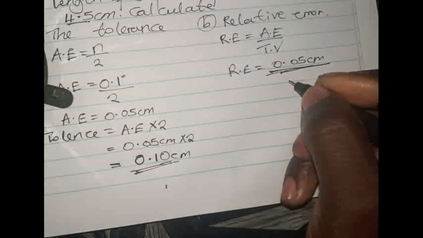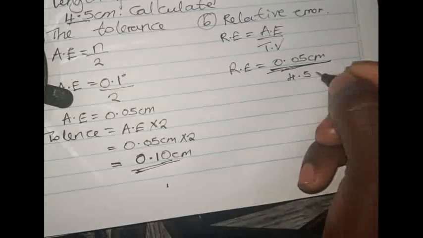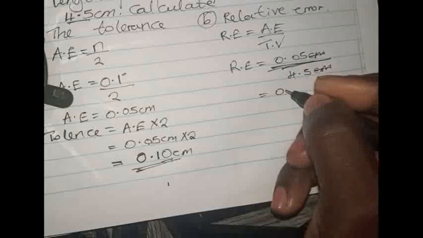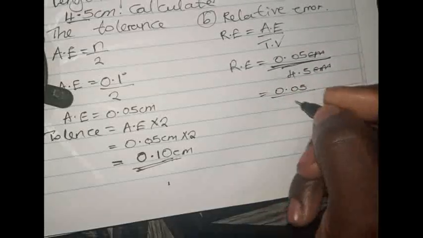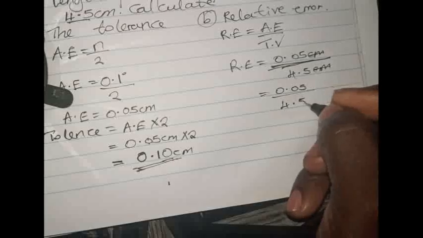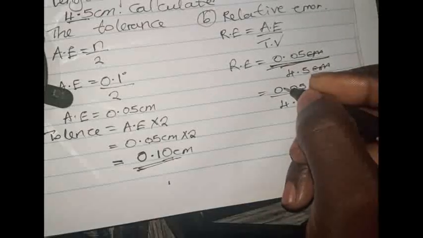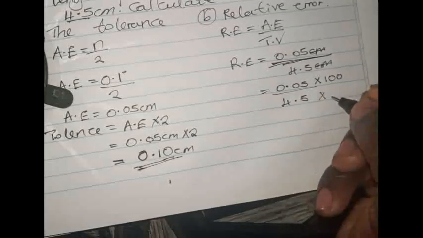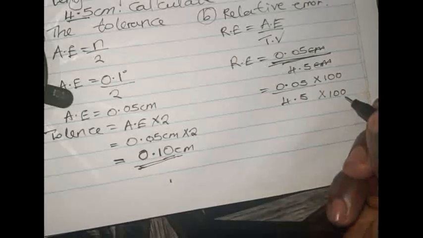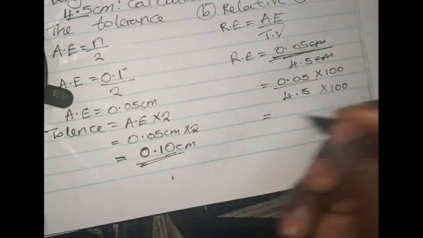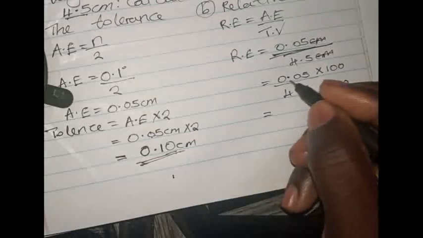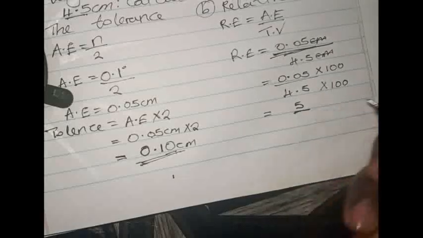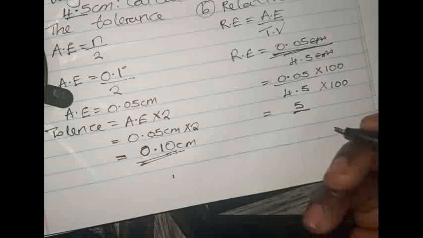The true value is 4.5 centimeters. So what you can do is you can divide the centimeters. The remainder is 0.05 over 4.5. Now, how many decimal places do we have on the numerator? It's 2. So we'll multiply this by 100, even down by 100. Whatever that you do on top, do it also at the bottom. So now this will give us 0.05 by 100. It's a 5 over, what is 4.5 by 100? It's